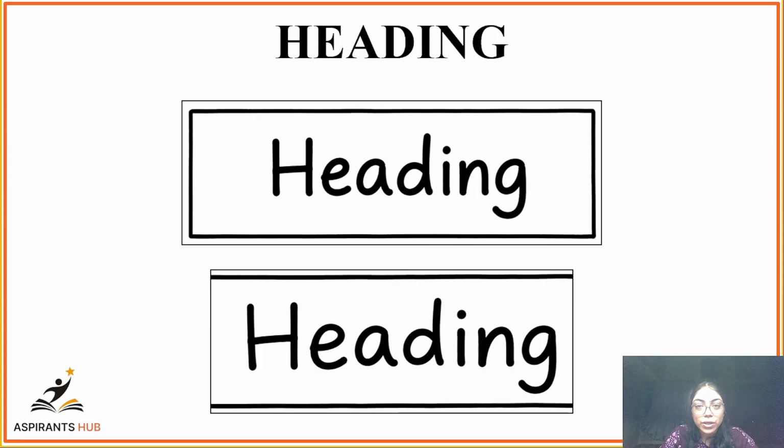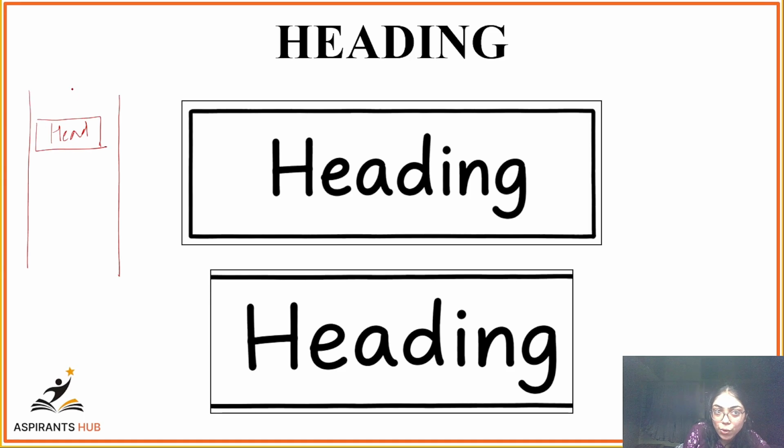First we'll talk about the readability aspects, starting with the heading. Let us say this is your paper and this is your heading. Always put your heading in a box like this. This is one way. The second way is to draw two lines, one above and one below, and below that you start writing 1, 2, 3, 4. So this is the second way of representing your heading.